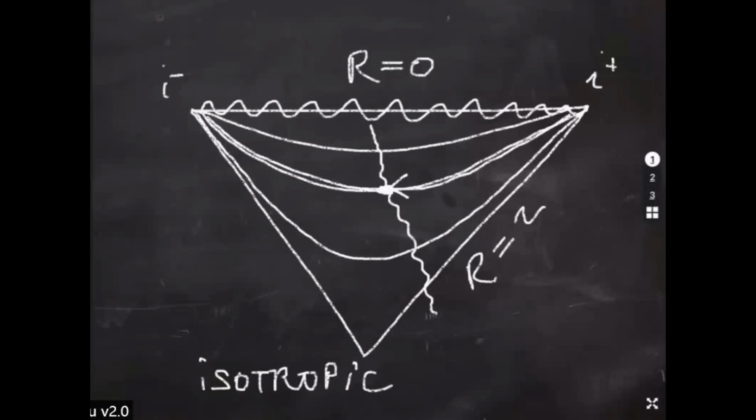Unless you are a perfect point particle, and we know that human beings are not point particles, they look like this. This is a physicist's first approximation to a human being. I will leave the details to the engineers. That person is going to feel tidal forces because some parts of your body will be closer to r equals 0 than other parts of your body.